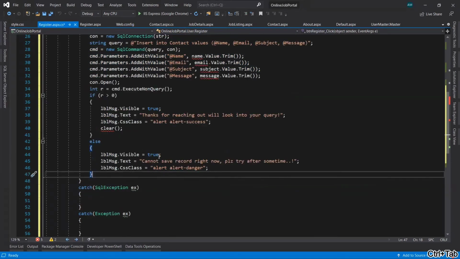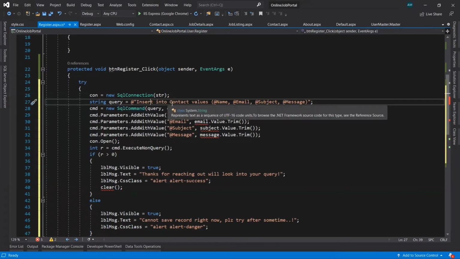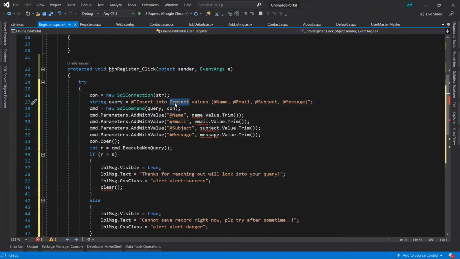Let's change it first. Instead of contact, we have user, but for saving the data for the user we didn't create any table.